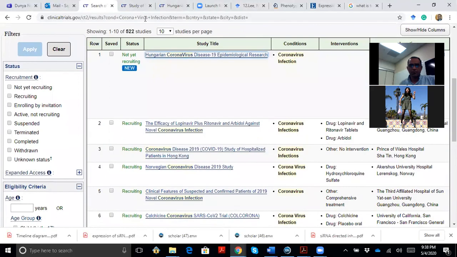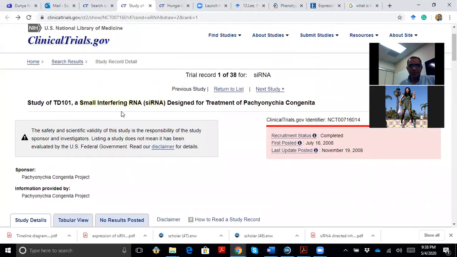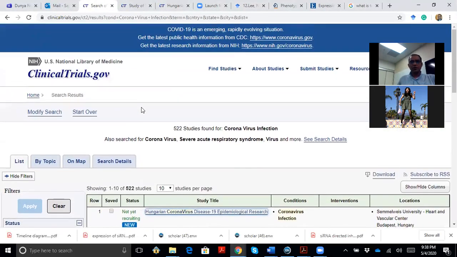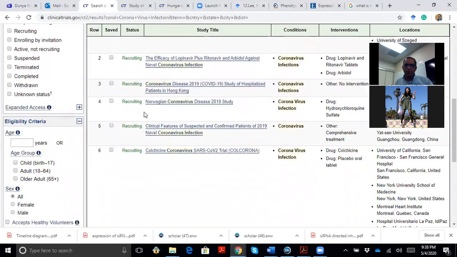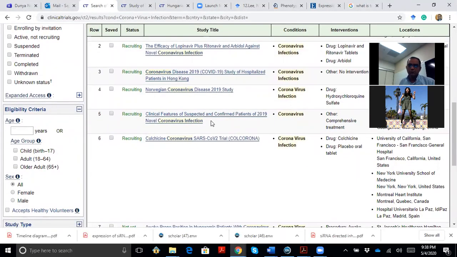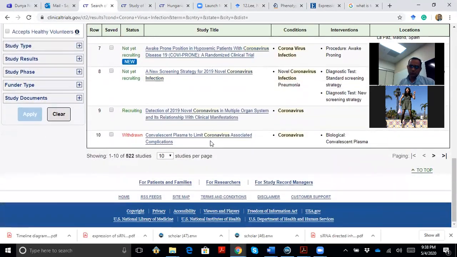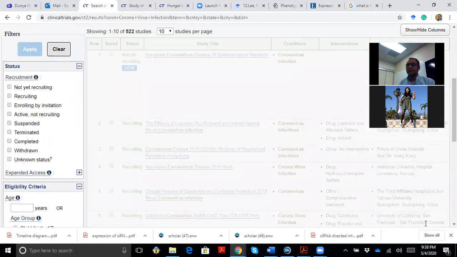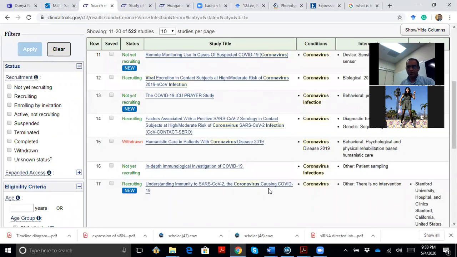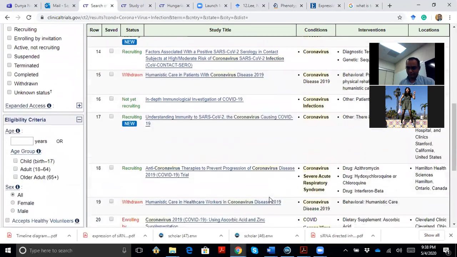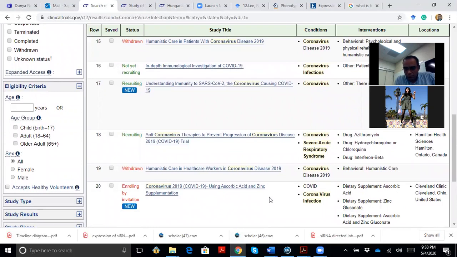Got it? For instance, this is a clinical trial. So basically, this is siRNA designed for the treatment of this, but this is something different. I'm more focusing on coronavirus, right? So this is COVID-19. And it's not necessary. I'm just giving you an idea. If you think this is workable, it's wonderful. If you think no, this is not workable, fine. The only thing is, I think it's powerful if you can show how many are in clinical trial for siRNA.